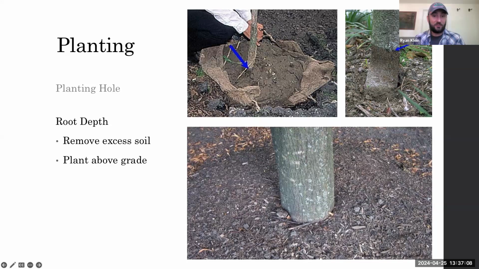If you're buying a tree from a nursery and you don't see the trunk flare, definitely move that soil around a little bit. We've done a couple studies out at my lab where there's been times where we've had to dig down 6+ inches in order to find that trunk flare. And that just leads to a bad situation down the road.